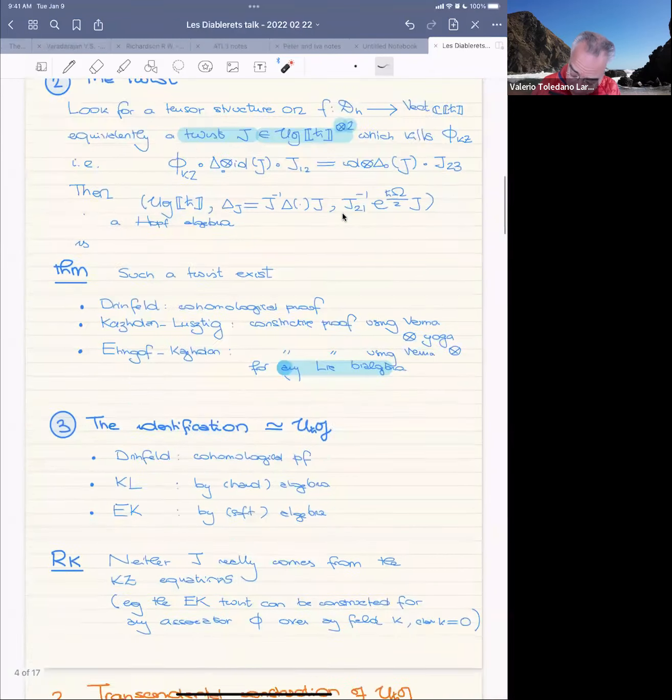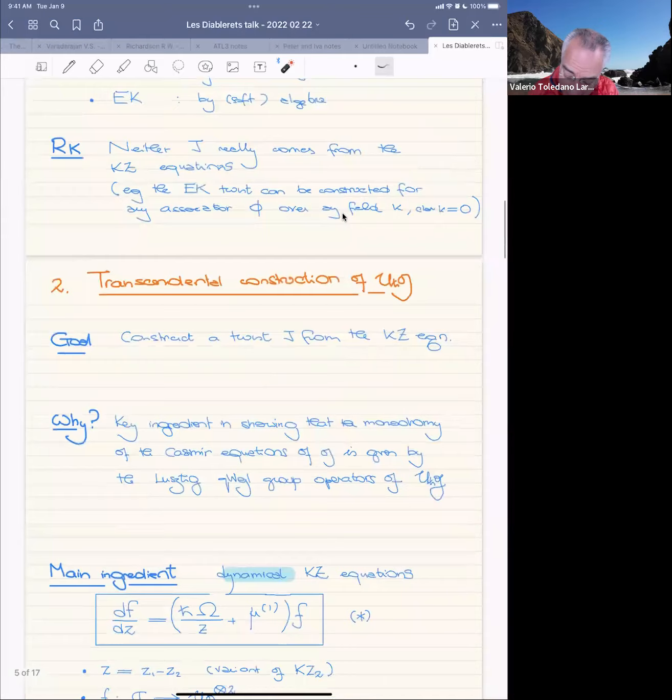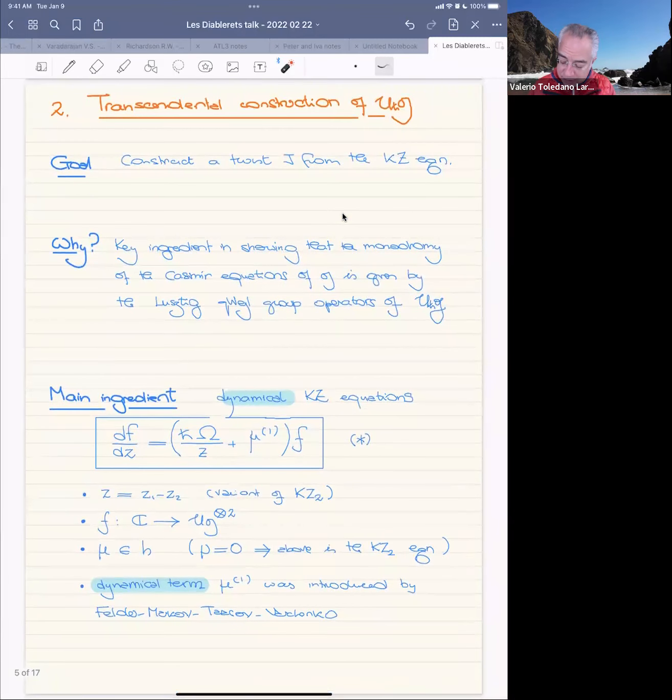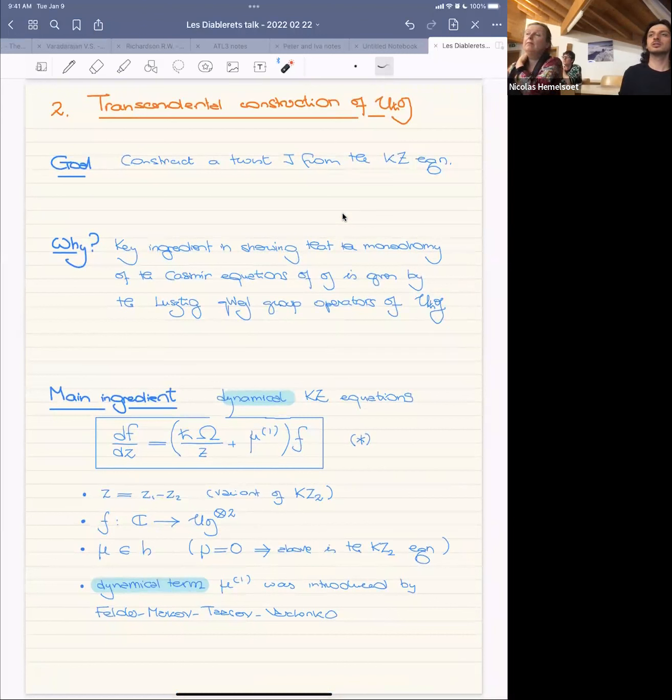Okay, so the first thing I want to explain is that you can actually construct a twist directly from, yeah. A question, possibly slightly tangential also. Hi, this is Tudor. So this construction that you described relies on starting with a Lie algebra at the beginning. Yes. Is there any generalization that would take as input a VOA and the KZ connection that comes from the stress tensor and spit out something close to a quantum group?